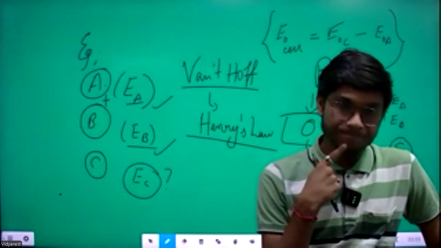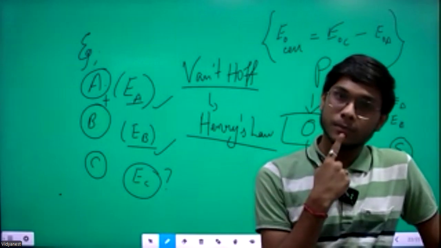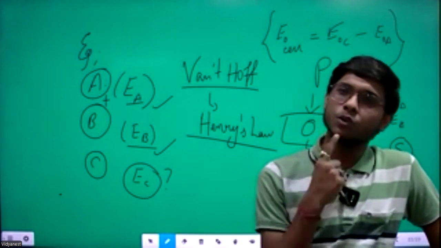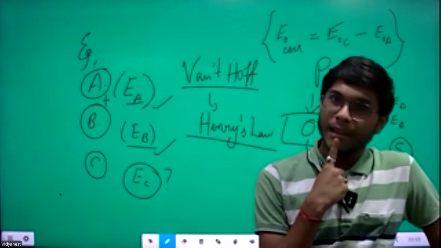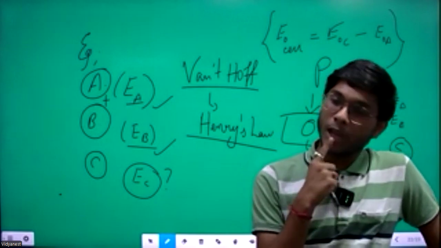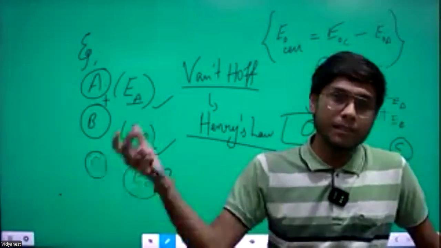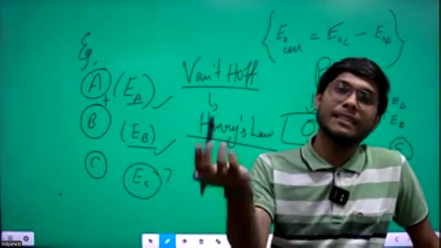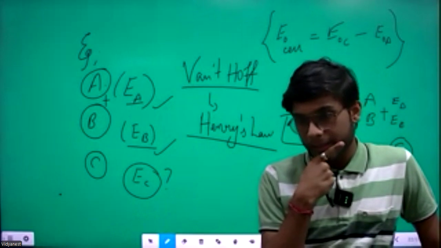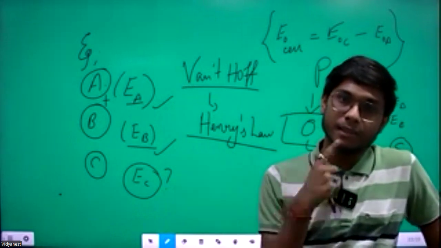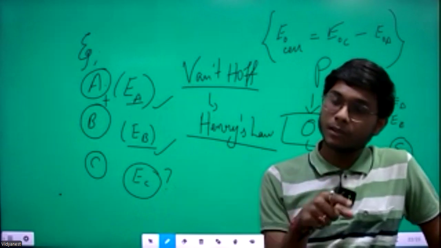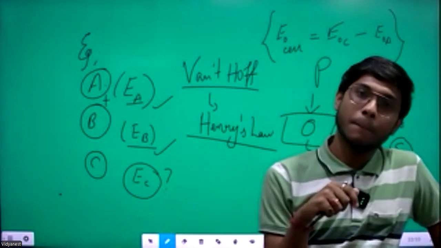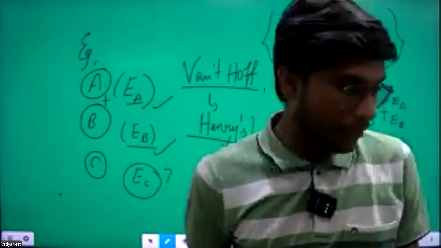Acha, tell me one more thing. Suppose I have a solution where my solvent is water, and I'm adding some solute, say urea. So urea is my solute. On the other hand, in another identical vessel, I'm taking an identical amount of water as solvent, and in place of urea I'm adding NaCl, common salt, in the same amount as I added urea in the previous vessel. In which of these two vessels will you observe more vapor pressure? I can write this down for you.